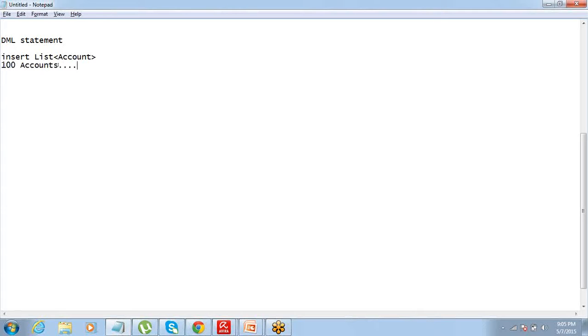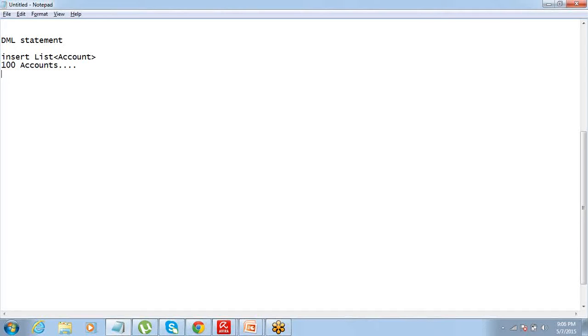This DML statement actually also works as a complete operation. So either this DML statement will completely get committed to the database or will be rolled back.